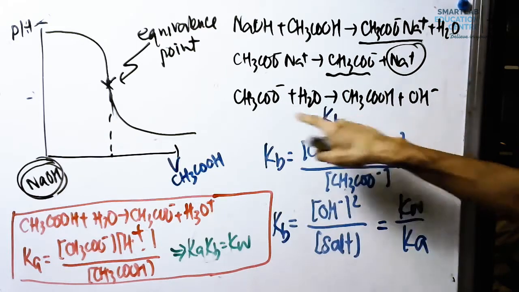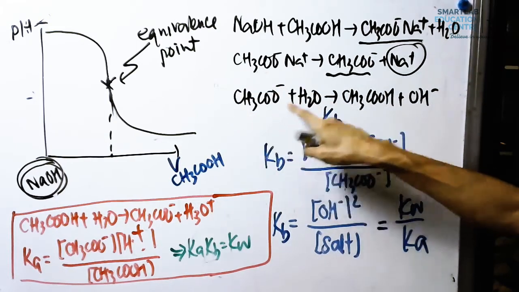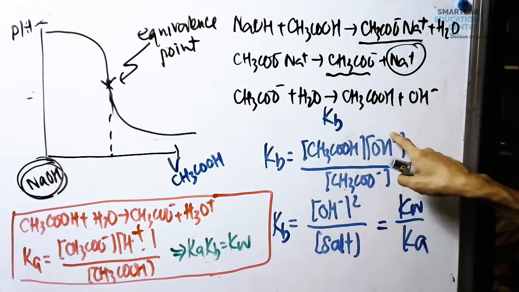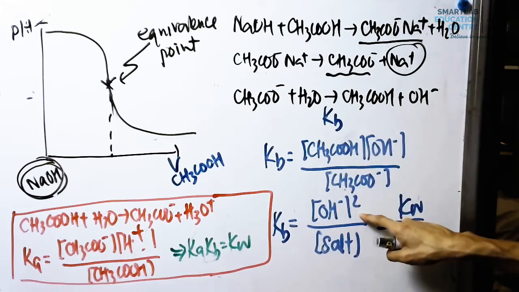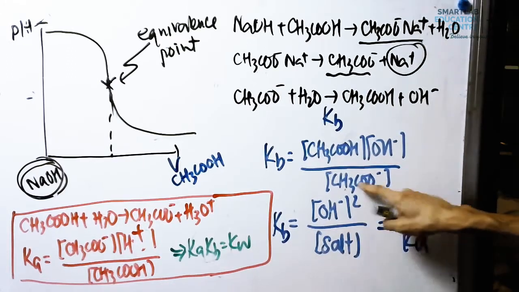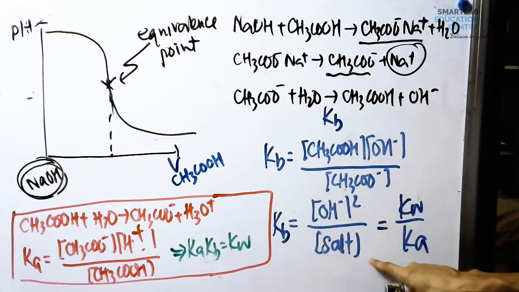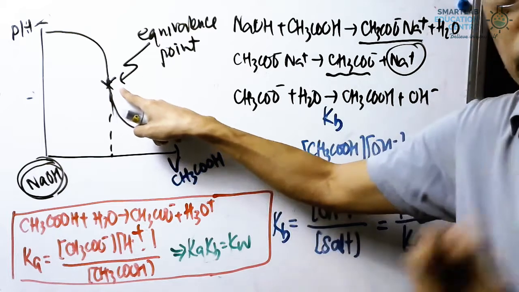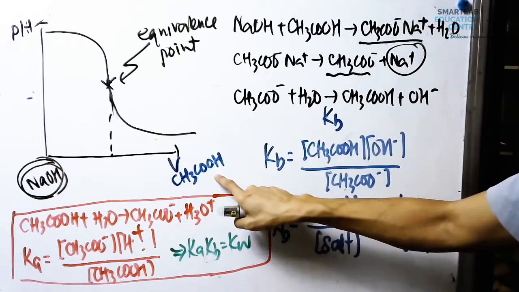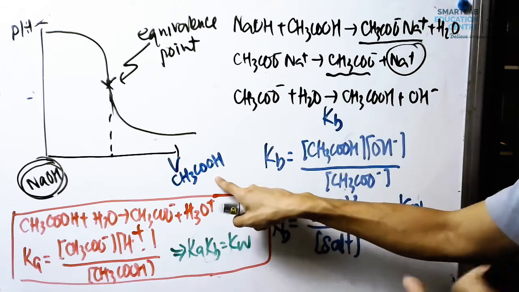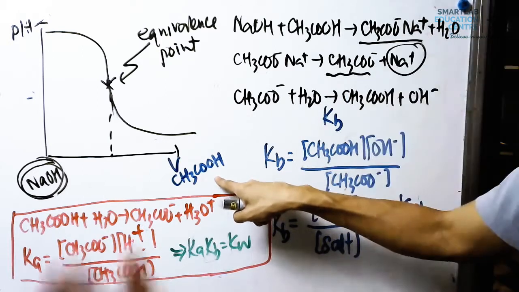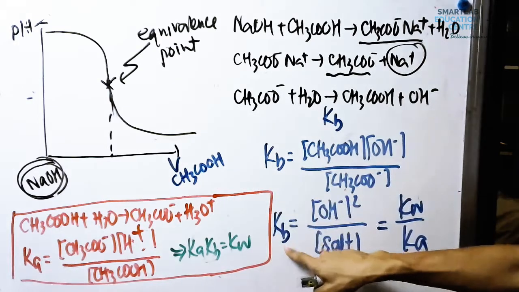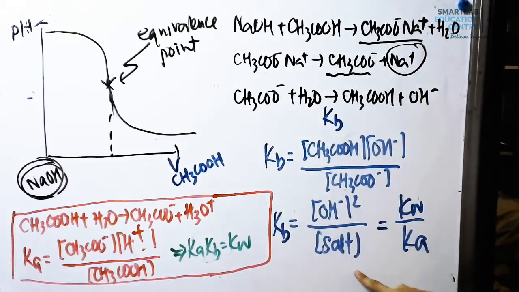In the same vein, if one of these ionizes, we produce one ethanoic acid and one OH-, which means these two concentrations are always equal. Hence, it will be the concentration of OH- squared. So this is the expression that we will use to calculate the pH of the equivalence point of a salt that is produced from a weak acid. As we understand, if a weak acid is neutralized completely, it will form a salt, and the salt would be an alkaline salt. So Kb is equal to [OH-] squared divided by the concentration of the salt.